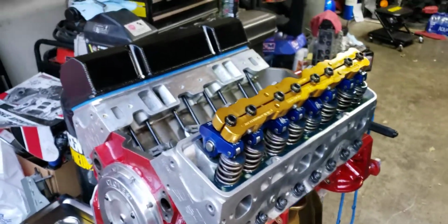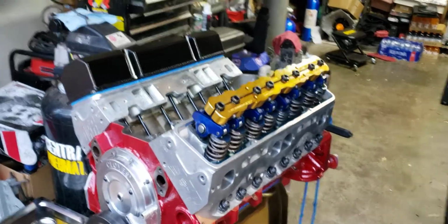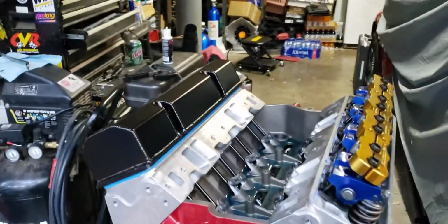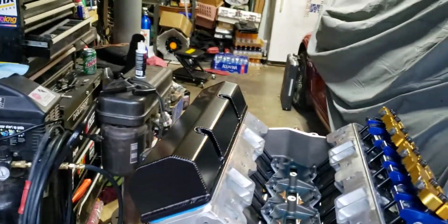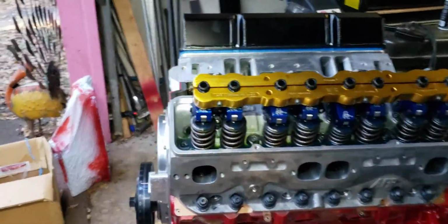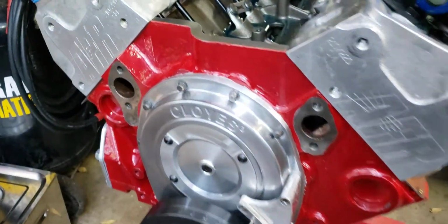Not a whole lot to go over with this. Y'all know this is the 427 out of the Nova, but now has new pistons with just a half a point more compression and a bigger cam, which is now a nitrous cam, which wasn't before, which pisses me off. We won't get into that, but put a new balancer on it, new cover, same cover I had before,